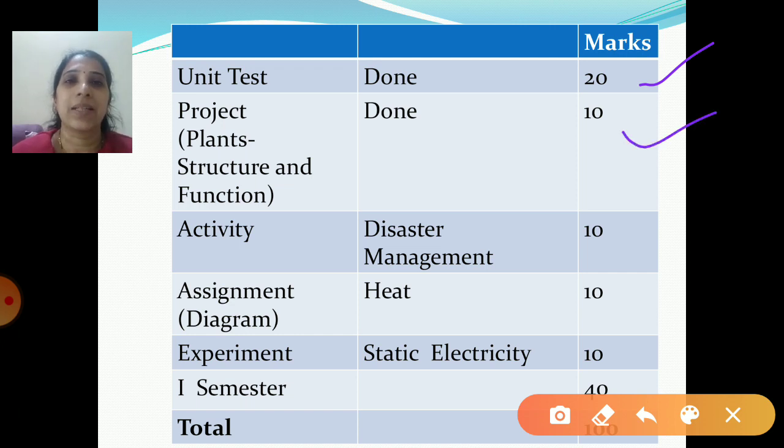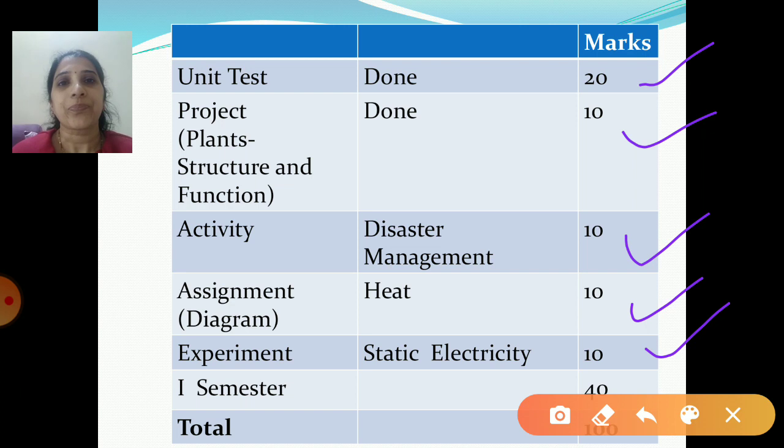Next is the activity on disaster management, which also carries 10 marks, and I am going to talk to you about it today. Then there will be an assignment, that is a diagram, based on the chapter heat, which will also carry 10 marks. That will be informed to you in the month of September. Then there will be an experiment on the chapter static electricity, which will also carry 10 marks.